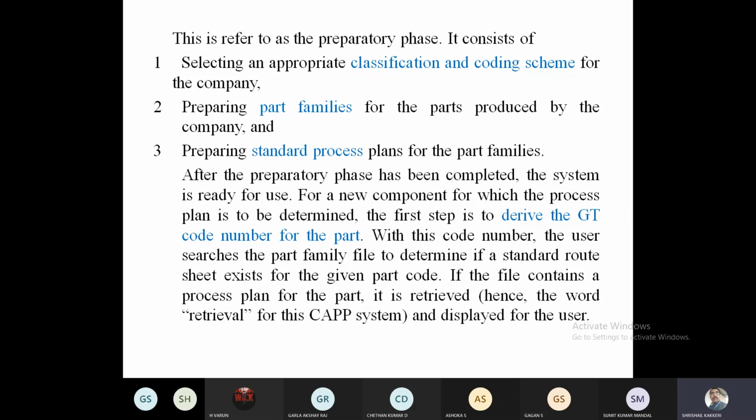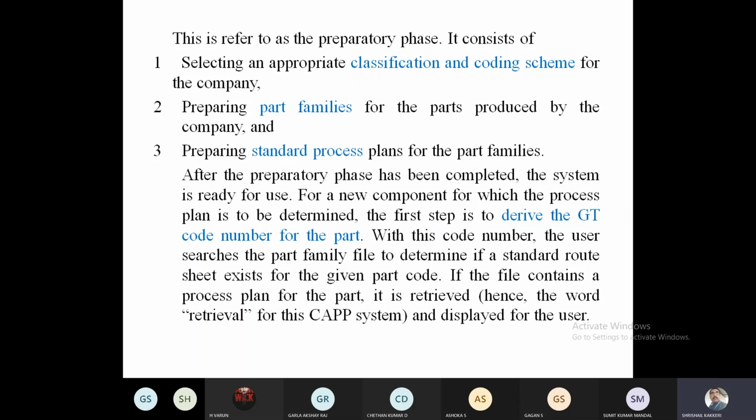Okay, and these part families will be produced in the company itself based on the available database. And based on this, we are going to prepare the standard process plan. Once we do this standard process planning, an important thing is that we have to search for this standard process plan, and the information included will be the code scheme and part families.